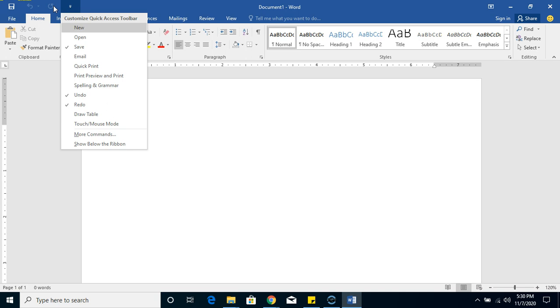So those are the ones that have been activated. And as you can see from this list, you see that save has been marked, undo has been checked, you see redo being checked. So this tells you that only these 3 commands are active on the quick access toolbar. Does that mean that you cannot add other commands to it? No. So you can. So let's